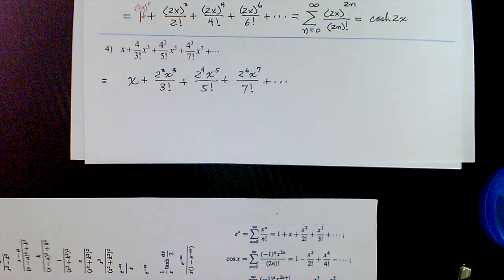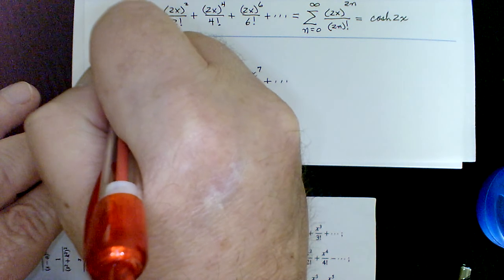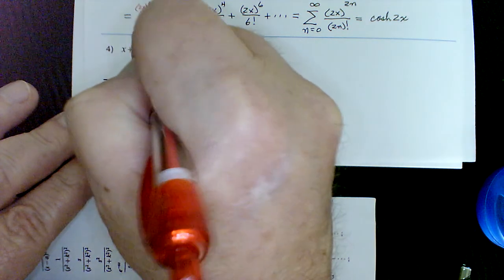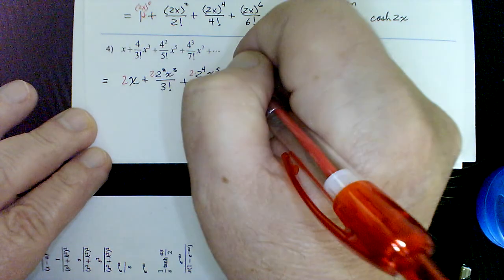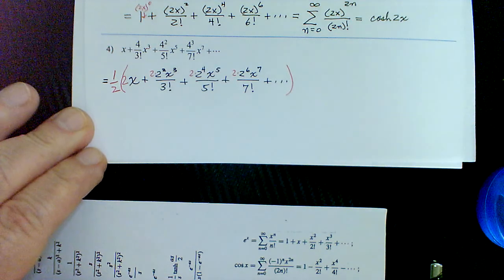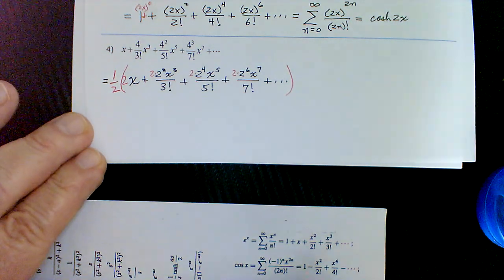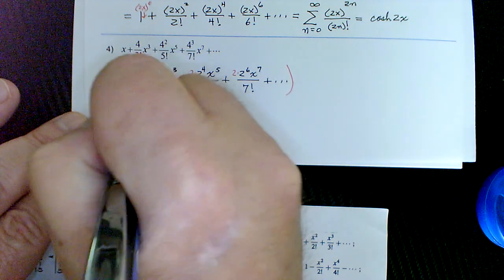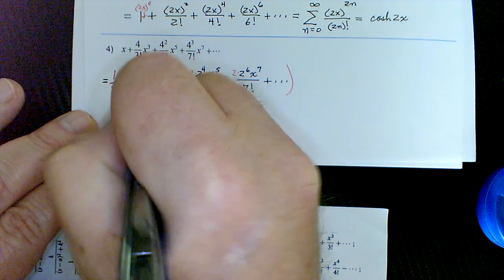But if I do multiply by 2, so that's why I left a little space out in front, I do plan on multiplying this by 2, and this one by 2, I'm distributing the 2, and that one by 2, and everything by 2. But if I multiply by 2, I have to compensate, so I'm going to put the whole thing in a big set of parentheses. I'm going to compensate by multiplying outside by 1/2. So then this becomes 1/2 times the quantity